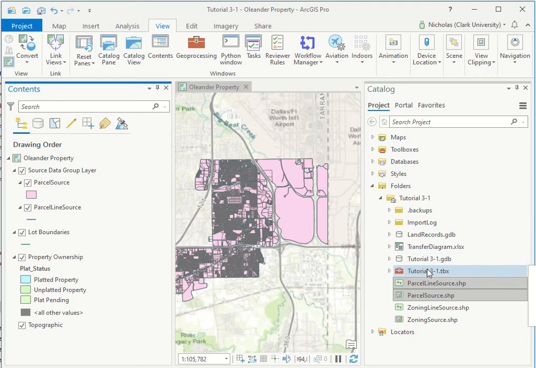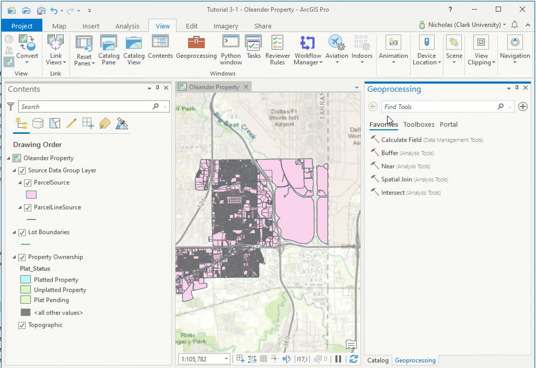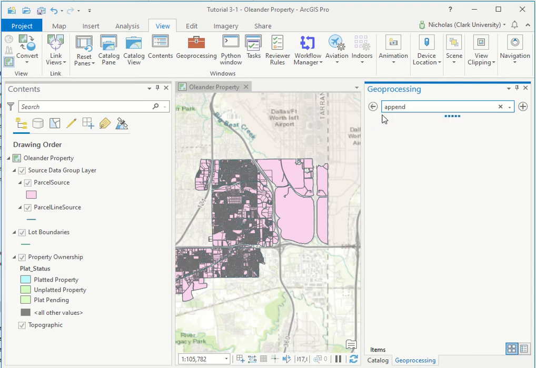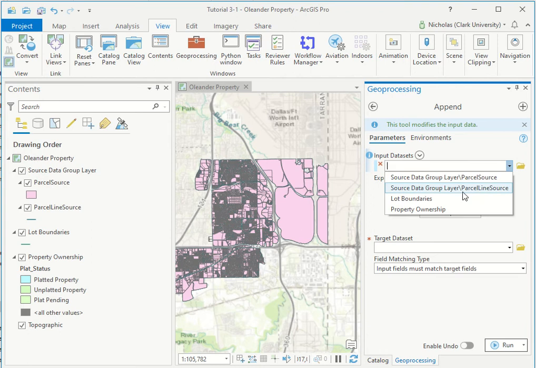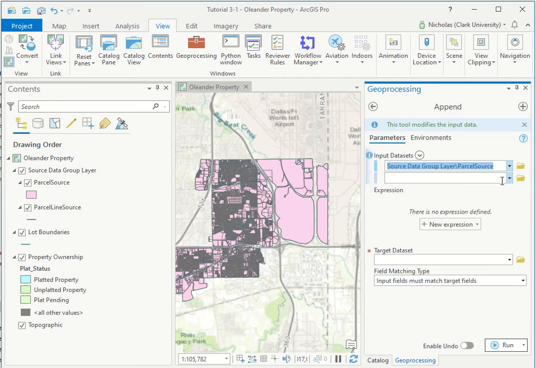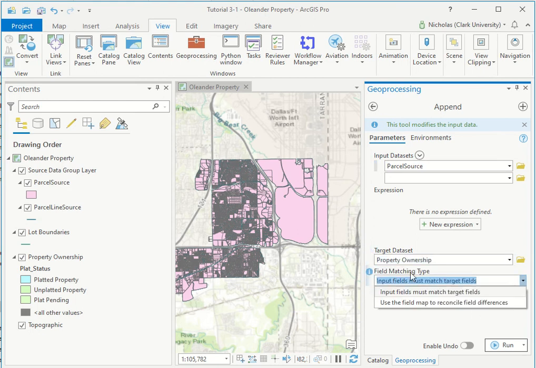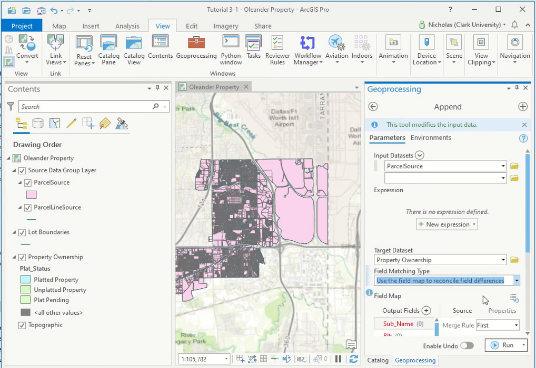That moves us to step 5, opening up the geoprocessing pane. That's also on the View tab. Search for the Append tool. Now here the input data set is going to be that parcel source, target data set, property ownership, and for field matching type, let's see, I'm going to use the field map to